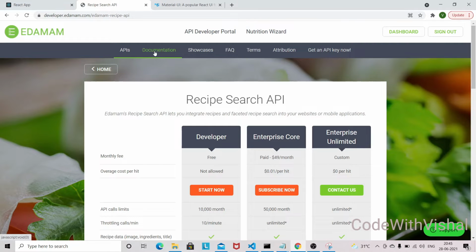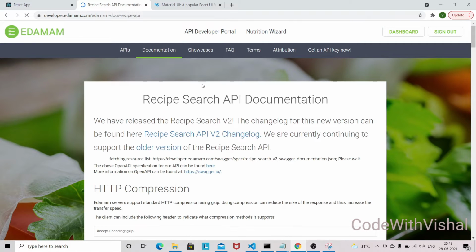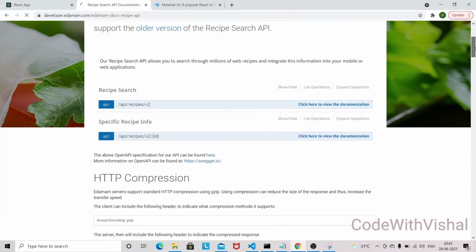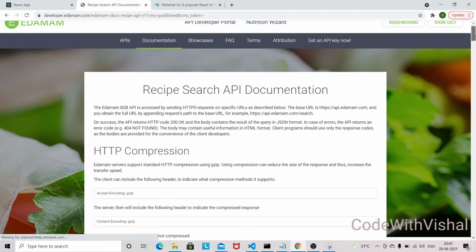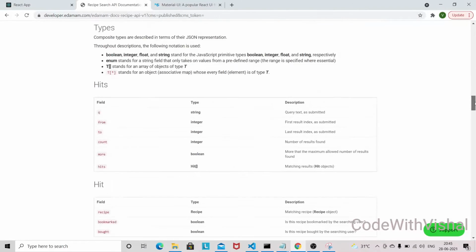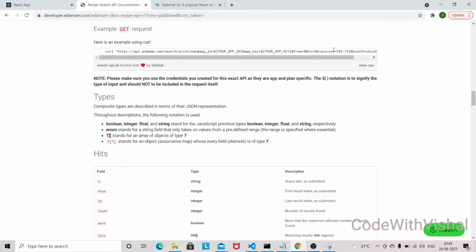If you go to the documentation, you will find the recipe app API. Here we are using the older version, and in the older version if you go down, you need this link.